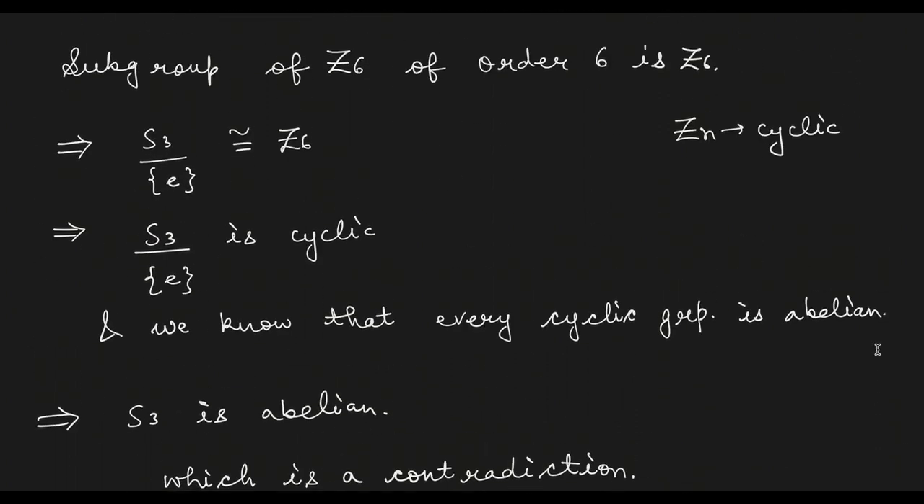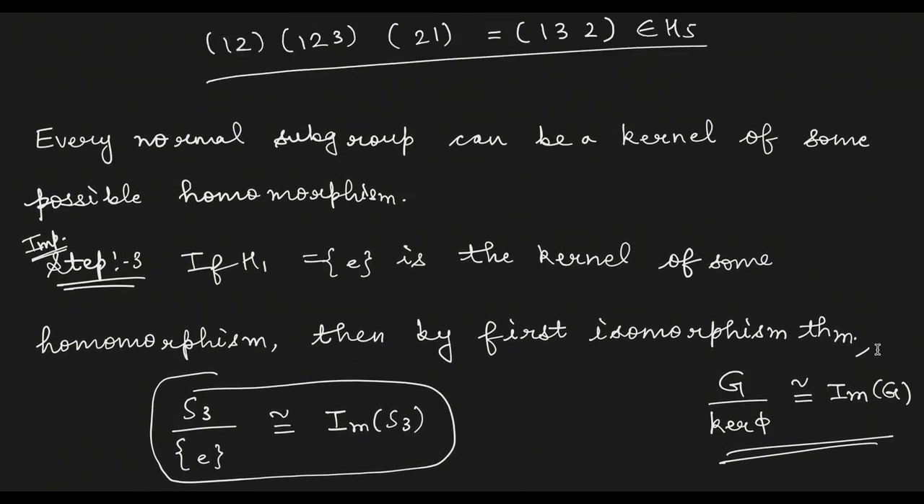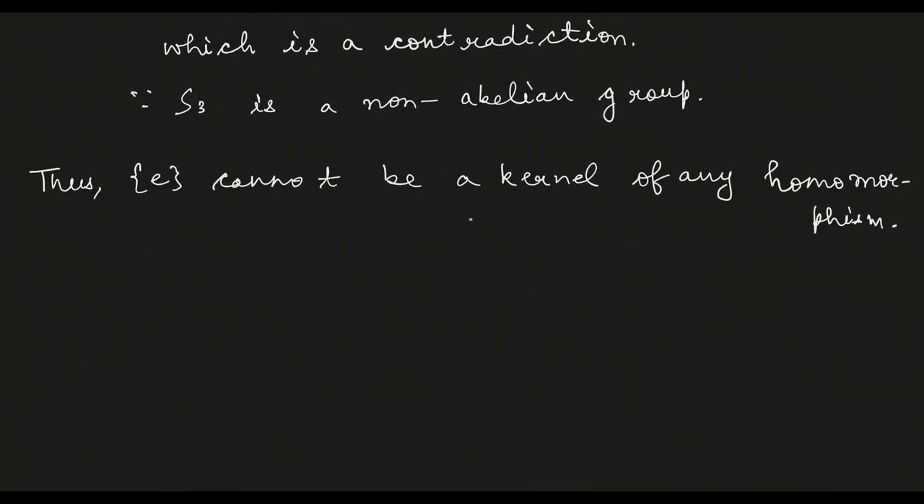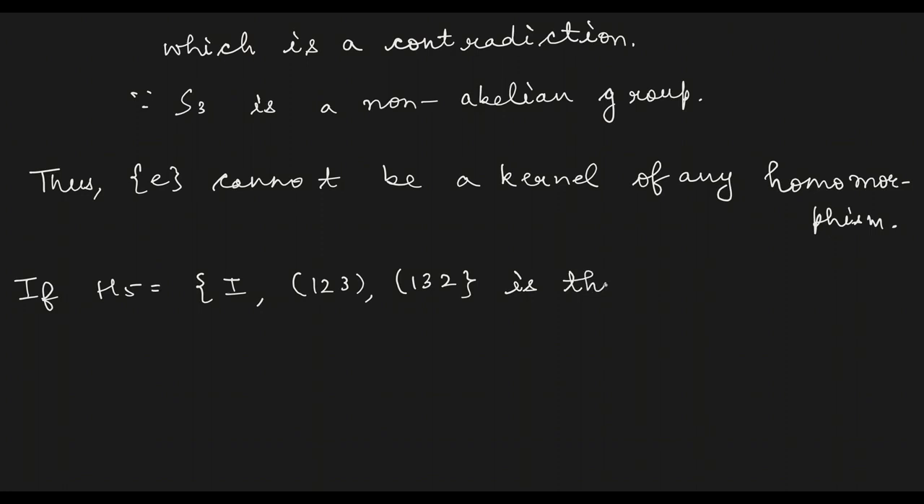So I have checked for this H1 equal to identity. Next I will check for this H5. If H5 is equal to identity, 1 2 3 1 3 2, is the kernel for any homomorphism from